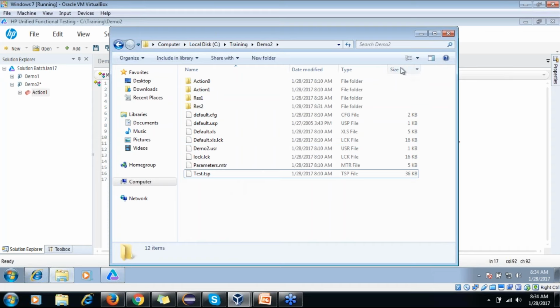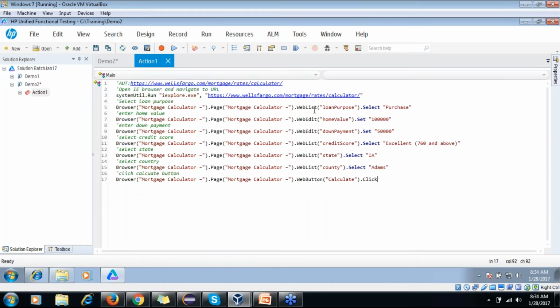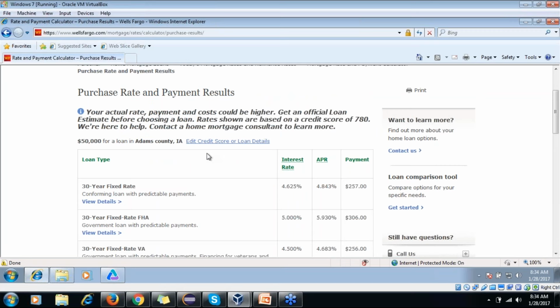So all those things we'll see, but not today. All right, so what I was saying is, once we click on the calculate button, we navigate to this web page, and I want to verify that we are on the correct page or not.